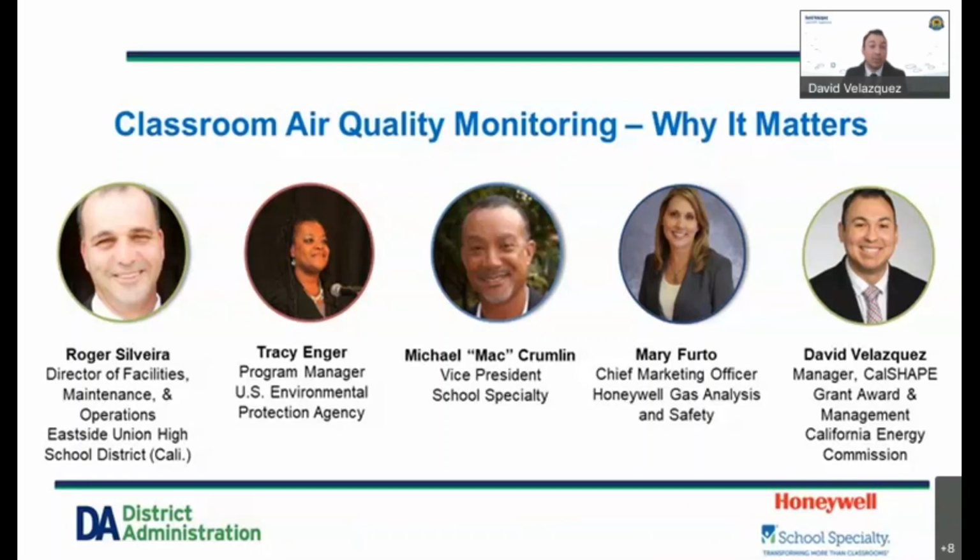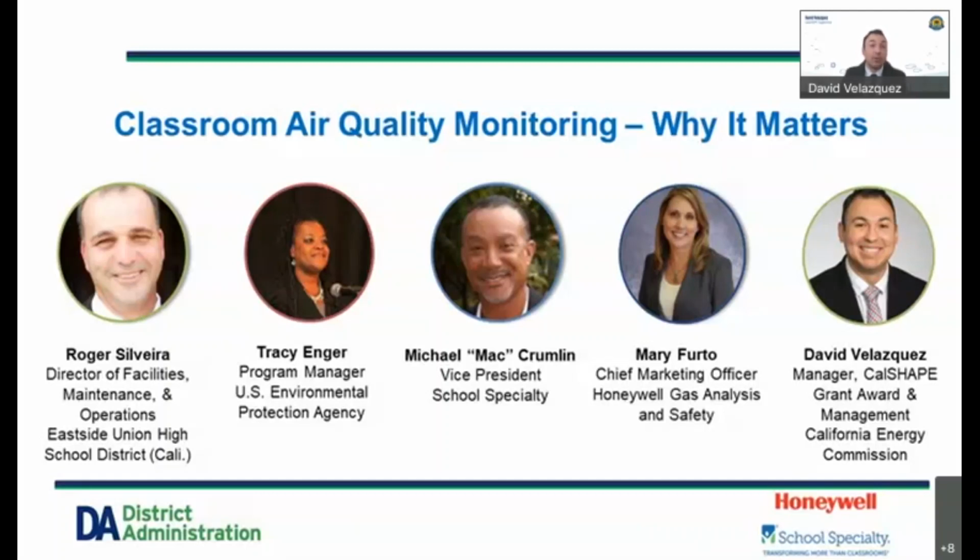The project requirements for each program are provided in the program guidelines. Both programs require the use of a licensed contractor to prepare a contractor estimate and skilled and trained workforce to perform the work. The ventilation program also requires the use of qualified testing or adjusting personnel for the assessment of the HVAC systems. Although each program has specific requirements, the applications are very similar and were developed to be streamlined and easy to complete by the school district. Applications are completed and submitted electronically using the CalShape online system. A school district staff member will need to register an account in the online system to start an application.